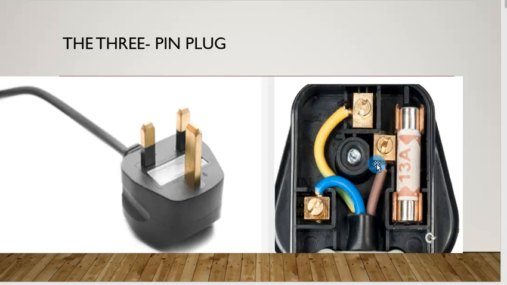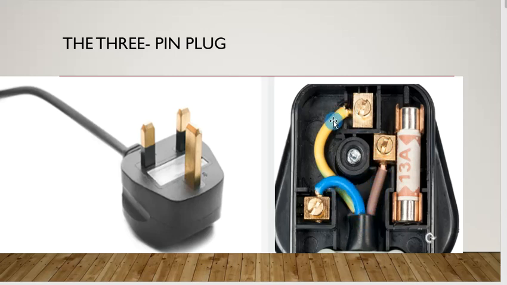So inside here we have this cable which is blue, or sometimes it may be black. This one is the neutral, and the purpose of the neutral is to complete the circuit, like we said earlier on the 3 types of circuits we have in a standard house. And then this one, which is brown in color, is the live, with the purpose of bringing current to an electrical appliance. The live sometimes is red. So the color code for the live is red or brown. The color code for the neutral is blue or black.